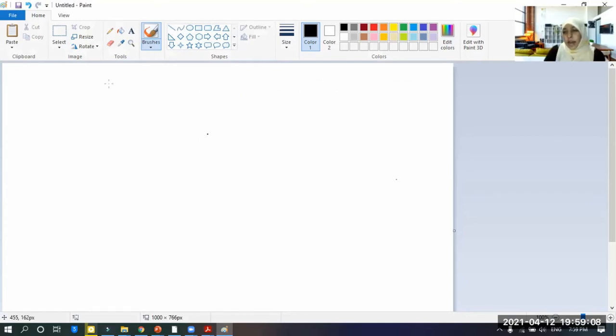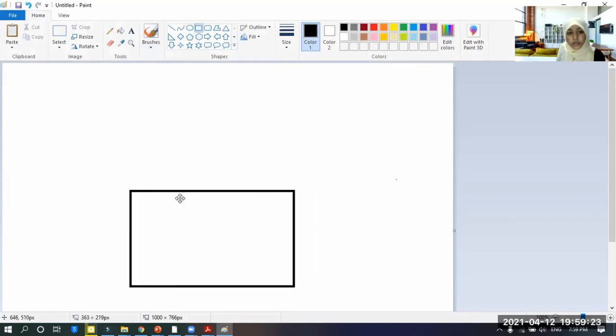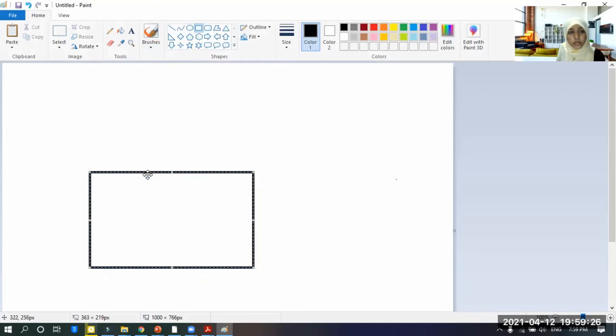So for an example, I will show you some of the paintings. I will paint some things. For an example, we'll draw a house. Okay, so this is a house.